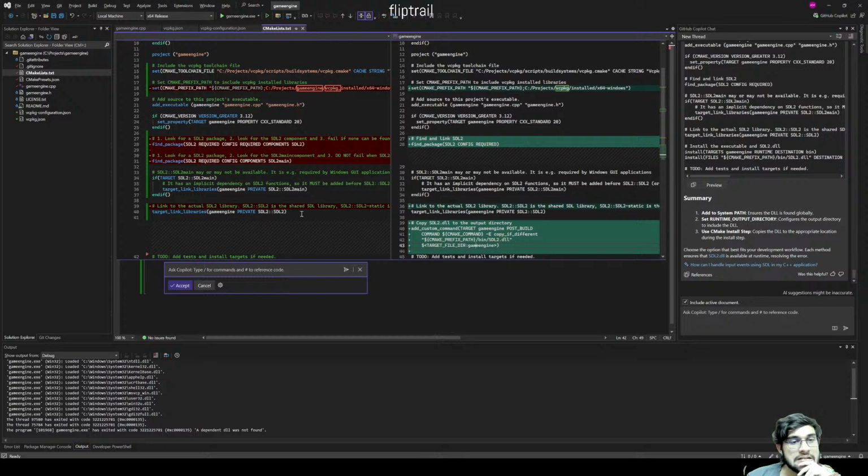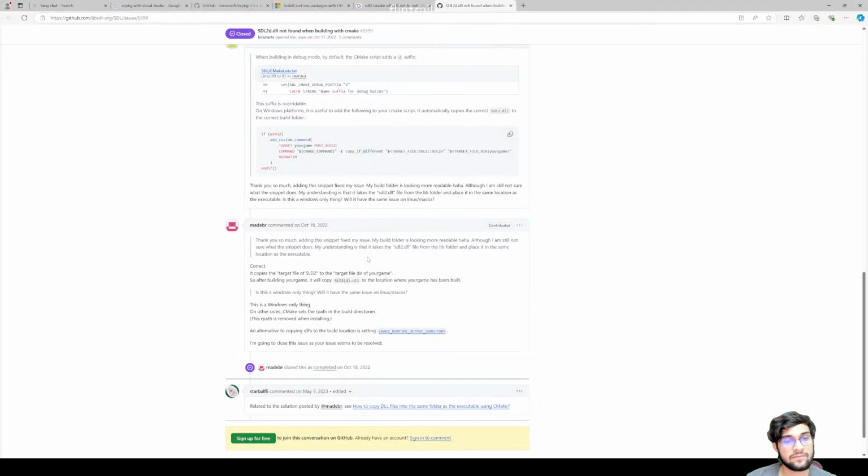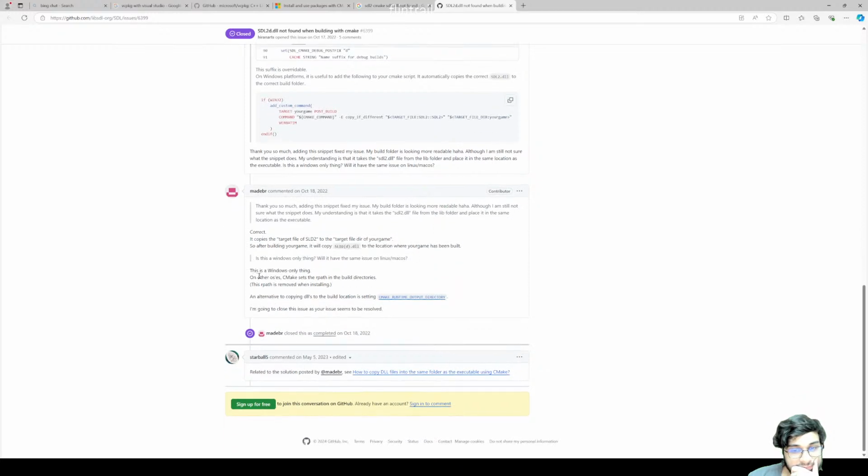What does this do? Hmm. So we said set runtime path and build a trace. Let's remove when installing. Okay. Give the copy DLLs to the